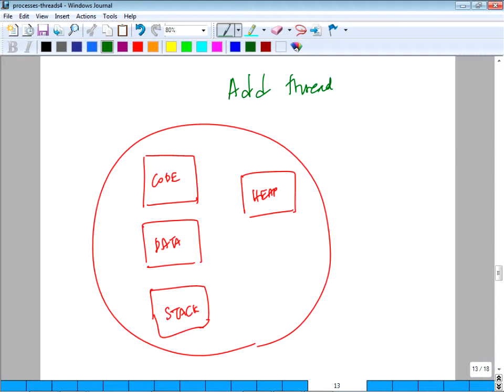Yes? Data is global. Yeah, they share, so you don't need to copy. You leave it as one copy. So locals are in stack. So that's thread number 2. Remember, the default was thread number 1.